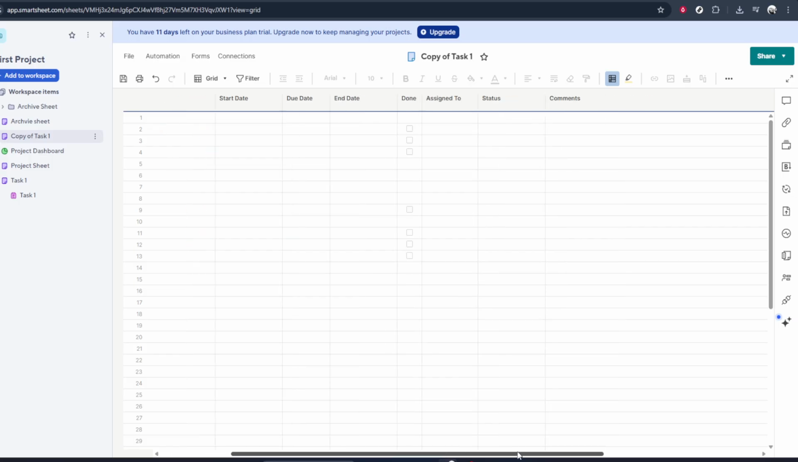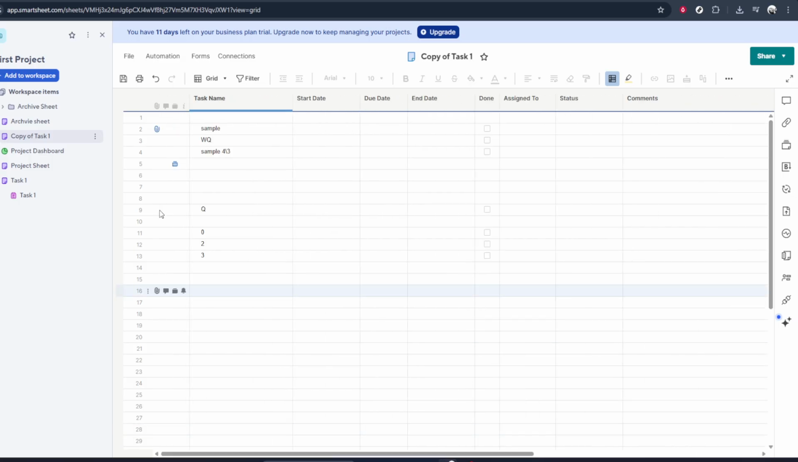By using the Freeze Column option from the column header menu, you can keep your most important information visible while working through even the